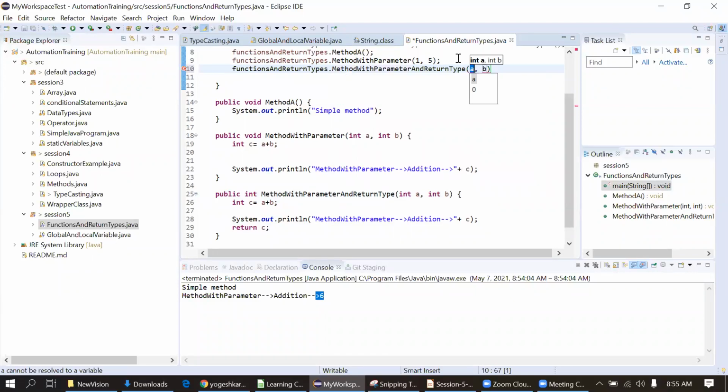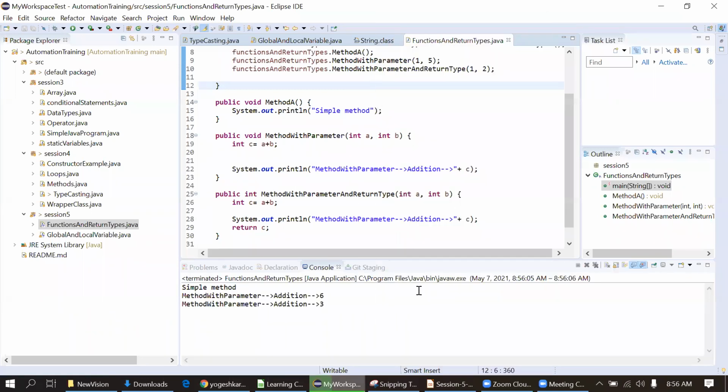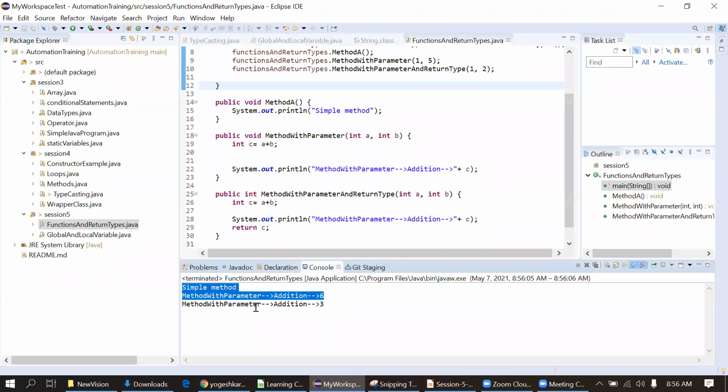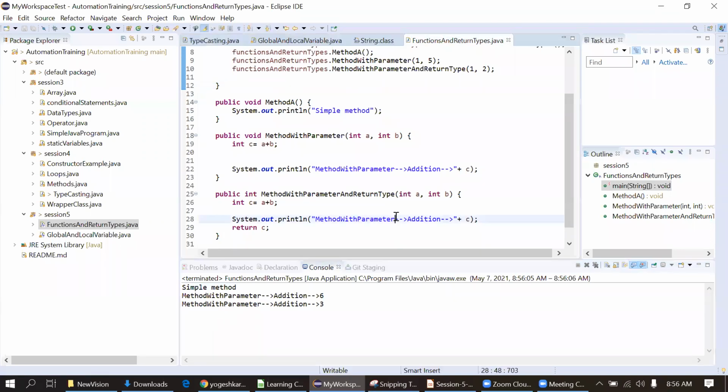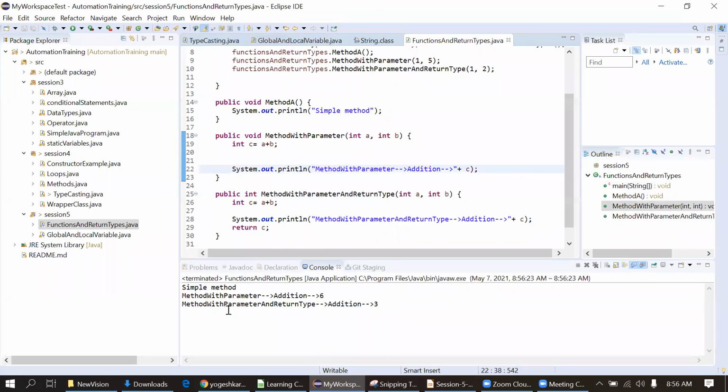Here I will pass 1 and 2. I will execute this code now. We know these two operations, and then we will see this method with parameter and return type. I will change the method name here, the last one. You can see the addition is 3, but we have only printed 3, we are not using it anywhere.